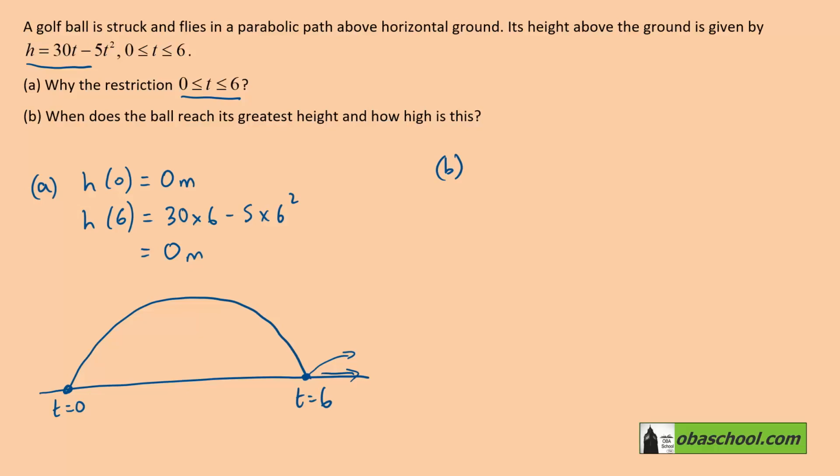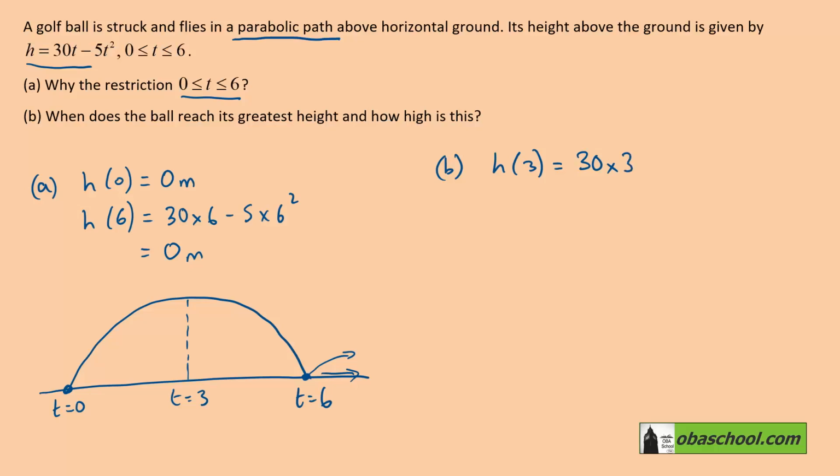When does the ball reach its greatest height, and how high is this? We know that the path is parabolic, and that means it's symmetrical, and therefore it reaches its greatest height at t = 3. So h of 3 is going to be